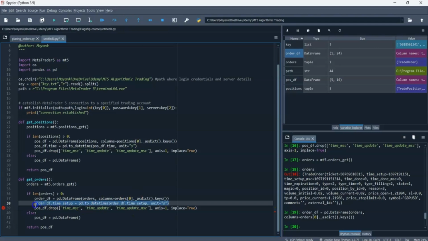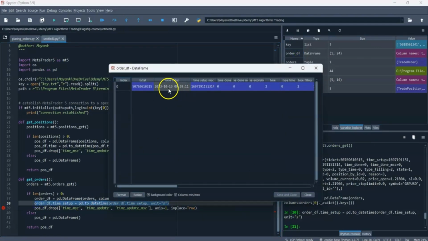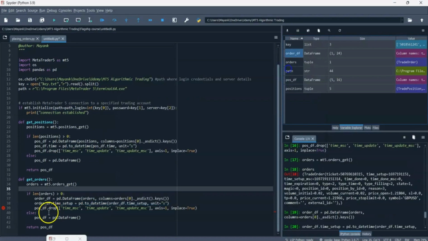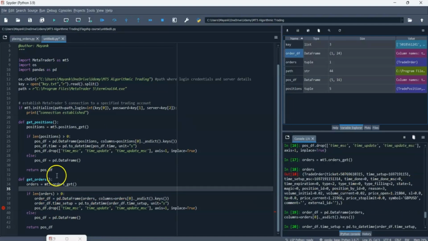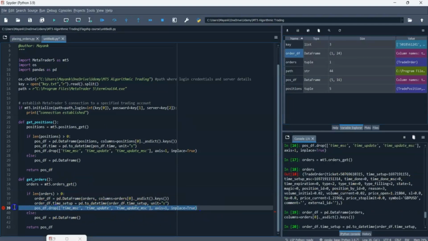Let's run this. And now the time should be in the format that you want. That's great. Alright, just like before, you may want to drop any columns that you feel you don't need. So I leave that to you. So just be mindful of the column name. So let me remove this. I don't want to delete it, but if you want, you can just select whatever columns you want and you